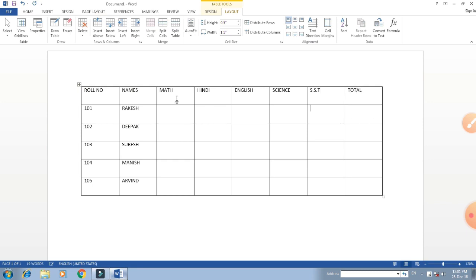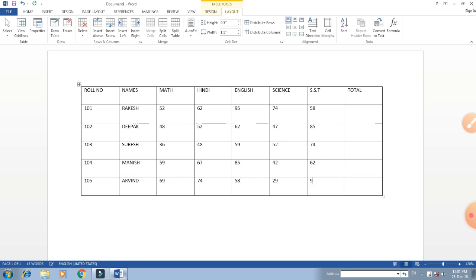Then we can write the marks of these subjects one by one, out of 100, as I am putting here. And for the next student, Deepak, we feed the numbers out of 100, because this will be an example for the total and your formatting.